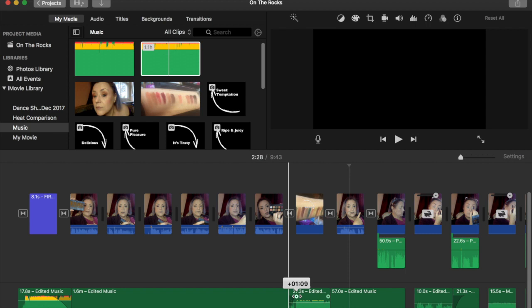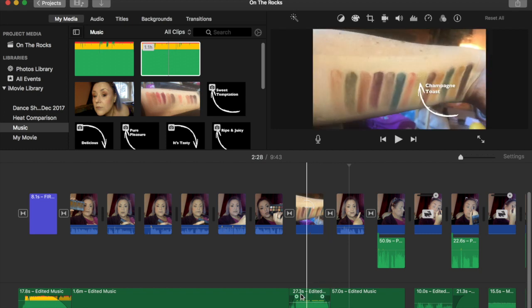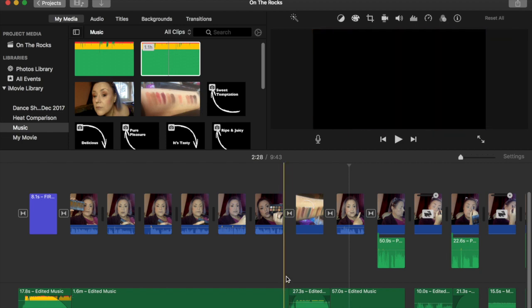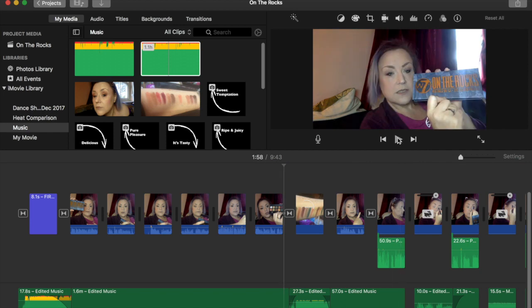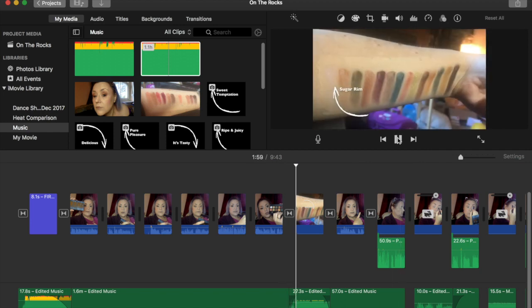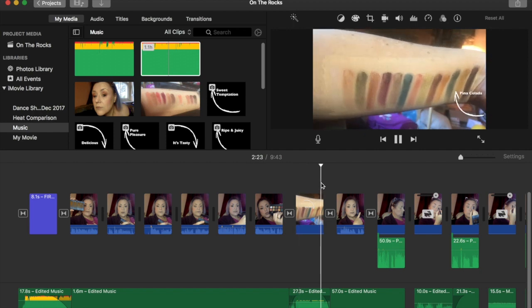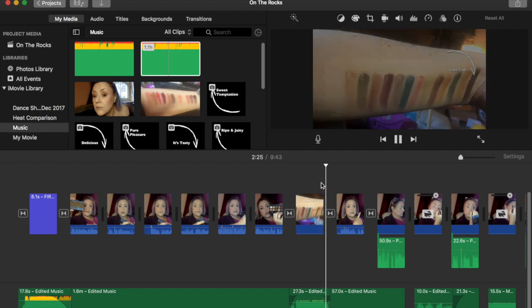So we'll give it a second to fade in, approximately, and a second to fade out at the end. Yeah, that'll do. Again, test. Yeah, that works.